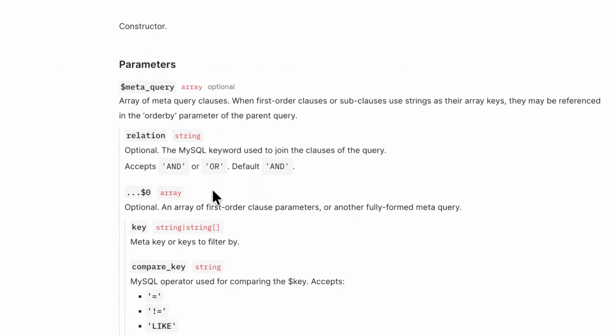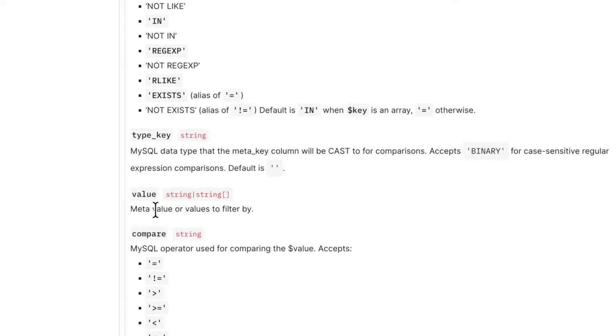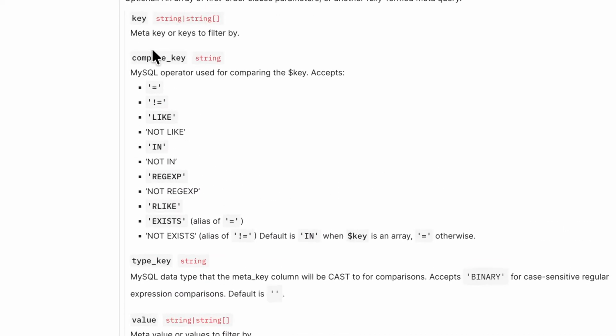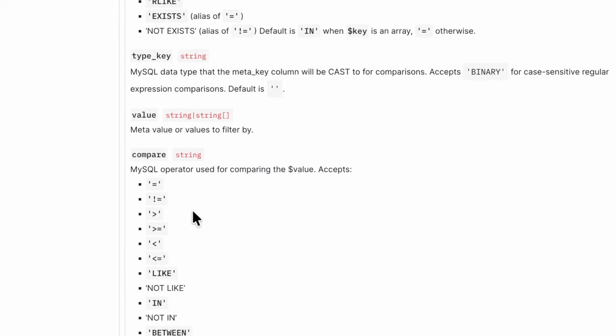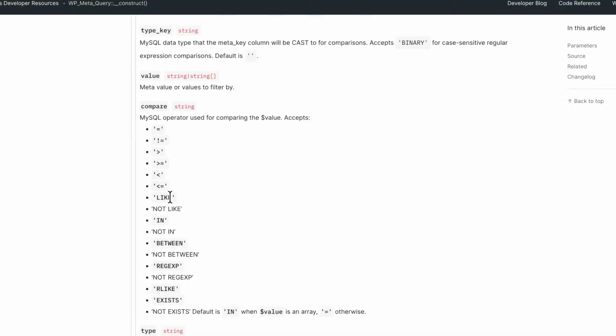So within the meta query, we have the key. Then we have the compare basically. So is it like? Is it equal to? Is it not equal to? So this is the last thing I forgot to add. So that's the compare. So I think we're going to compare it to be like. So we use like,